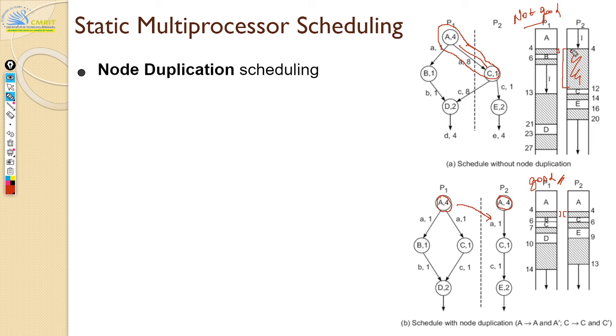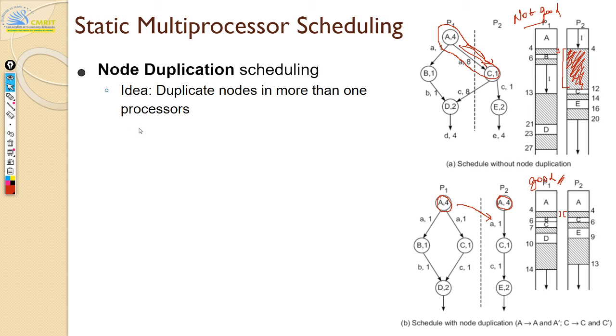Because of that, here you are doing that communication because of the dependency, so you are taking more time. But here the dependency is still there. You're still waiting for A, but your A is within your processor itself. For P1, B is waiting for this A, and C here is waiting for its own A. So you're avoiding this communication. Because of that, you have gained that time, which otherwise would have gone to communication latency. All right, so that's what we have here.